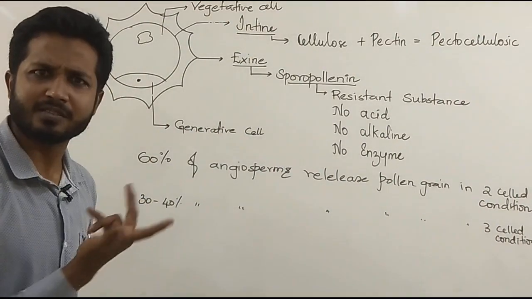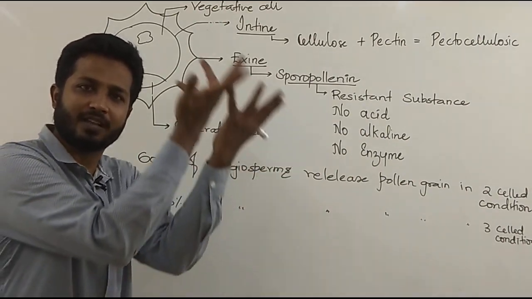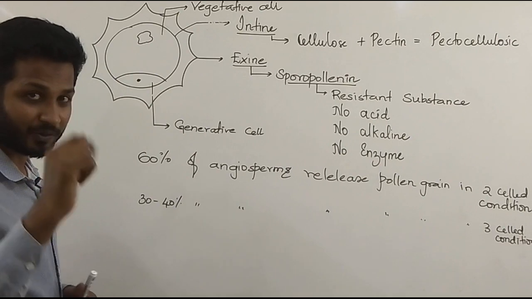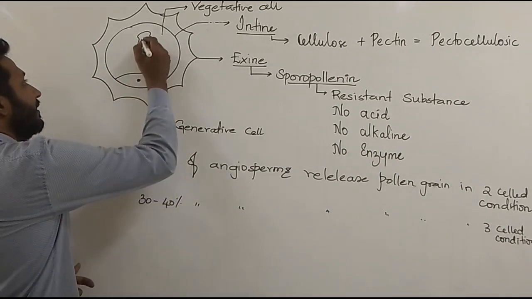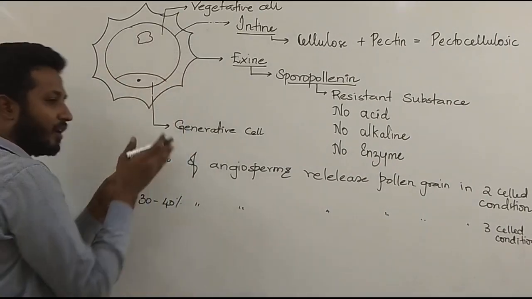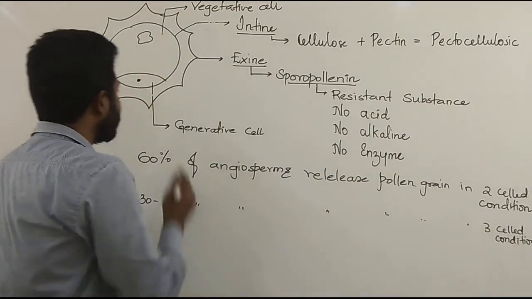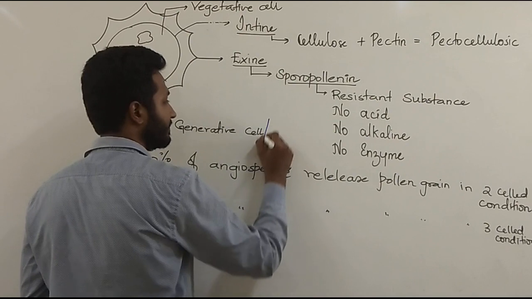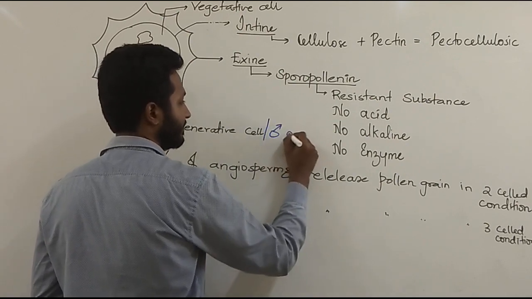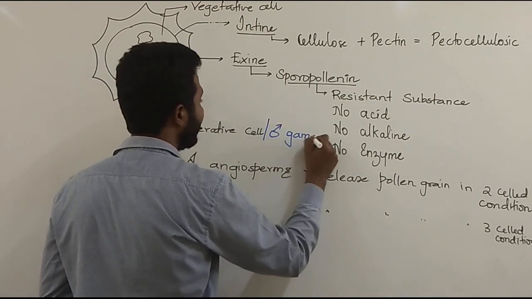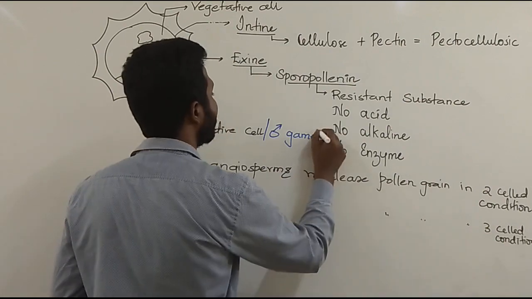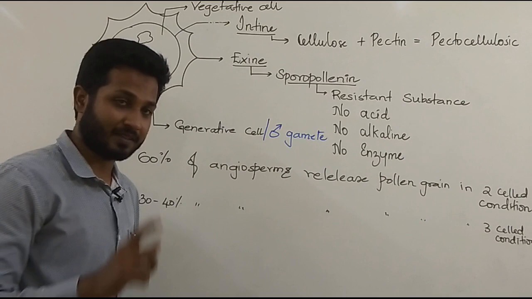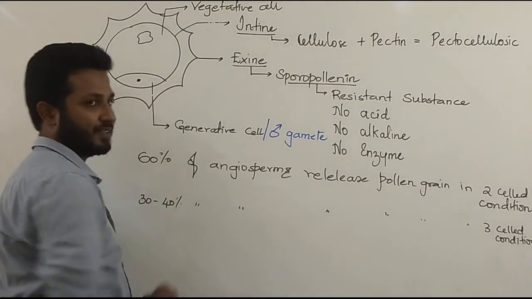Okay? Which is the third cell now? Suddenly there is one more cell arising, although I had shown you only two cells. Point to be noted. Here, the vegetative cell is going to form the pollen tube. The generative cell is the actual male nucleus or male gamete. Since I am writing in blue, it denotes a need point. So, the actual male gamete is nothing but the generative cell.